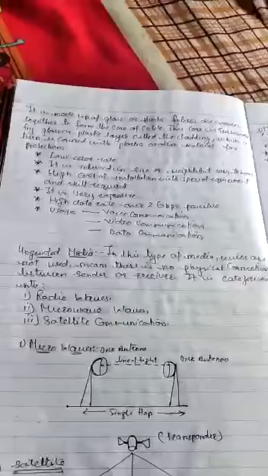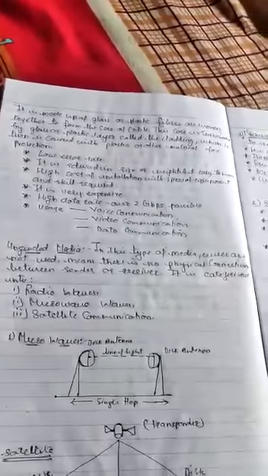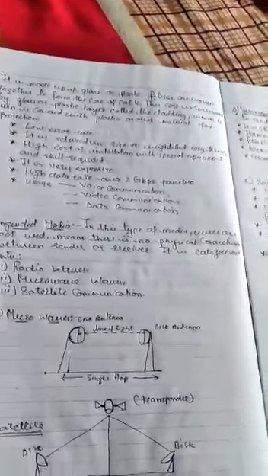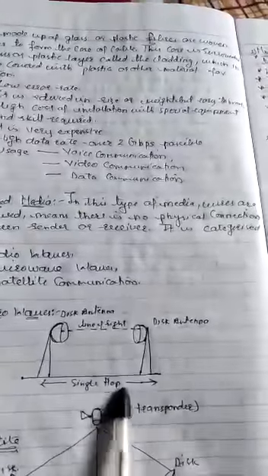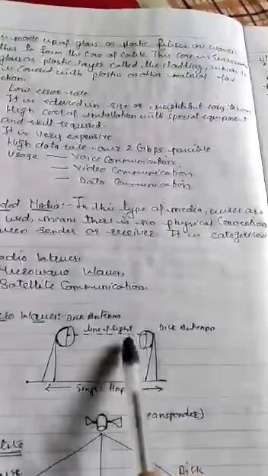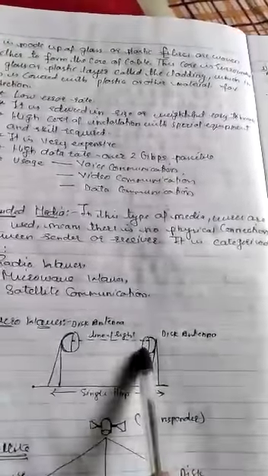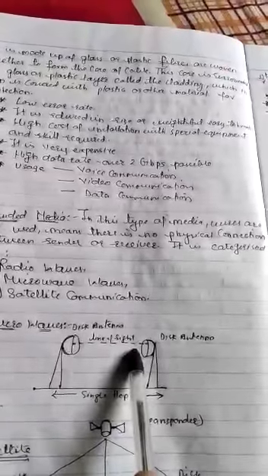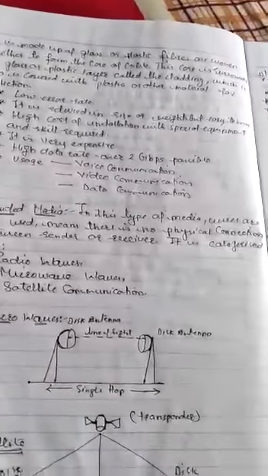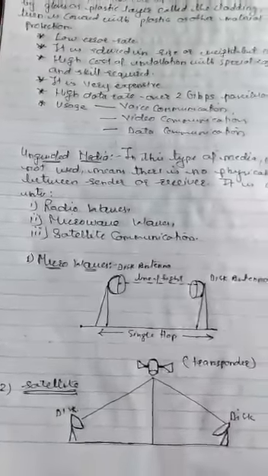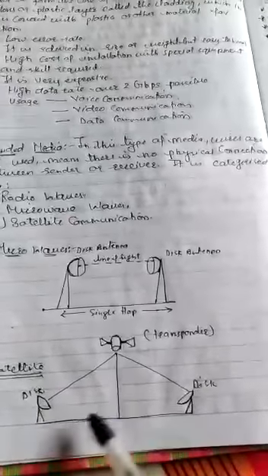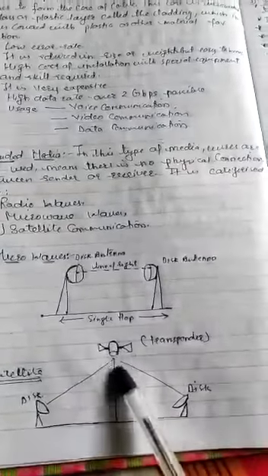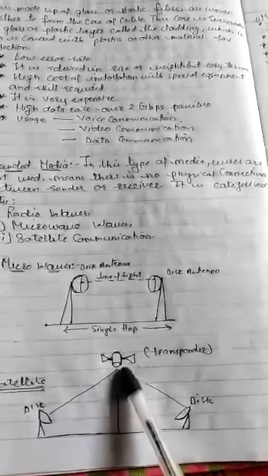microwave. Whenever we talk about microwave, waves are the medium through which we can transfer our signal. We can see over here there is a single hop, and two antennas. Whenever we want to communicate with someone, there should be an antenna which helps to send or receive the signal. In satellite, we can see there are two antennas, discs, and one transponder. A transponder is a device which sends or receives messages. Let us see in detail.